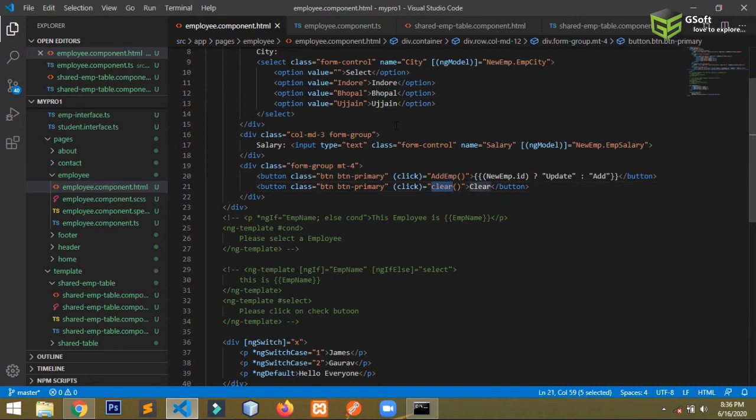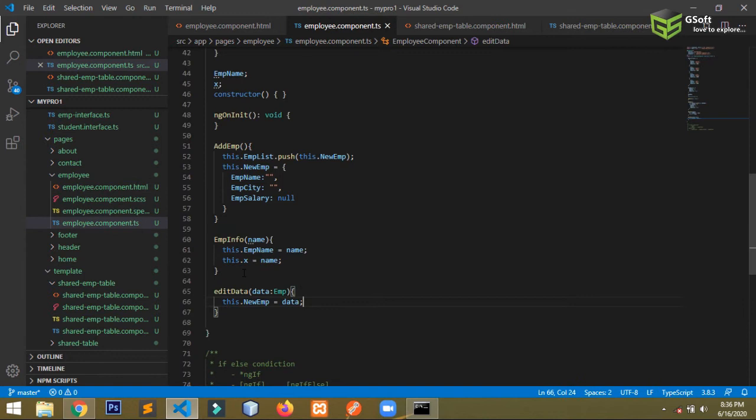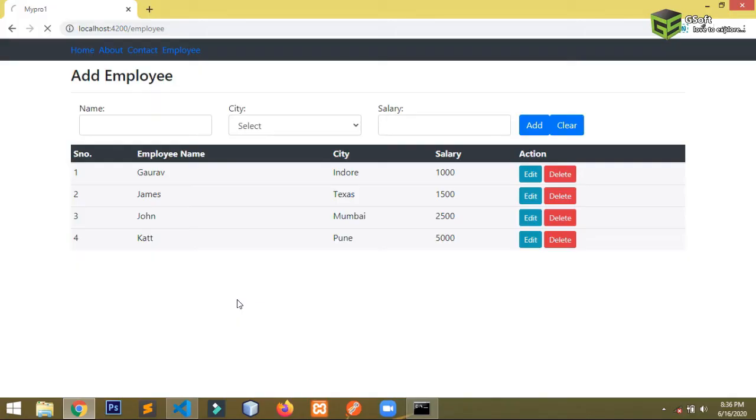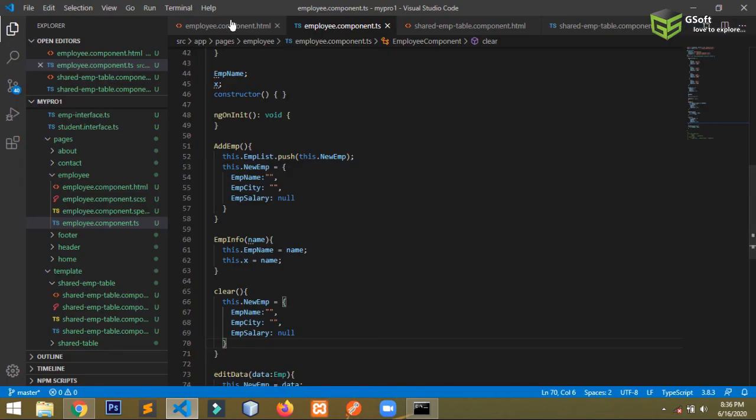So I will have to create a function, the name clear, and what I will do, I will just clear the object of the new emp in this way. Okay guys, so let's see. So when I click on edit, you can see here, and when I click on clear, the data is cleared. So in this way you can work on it.